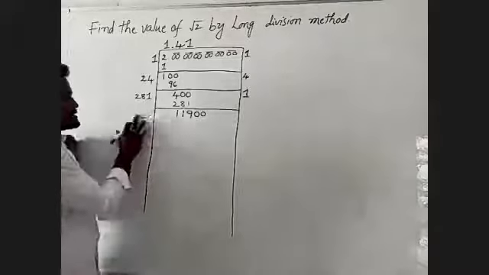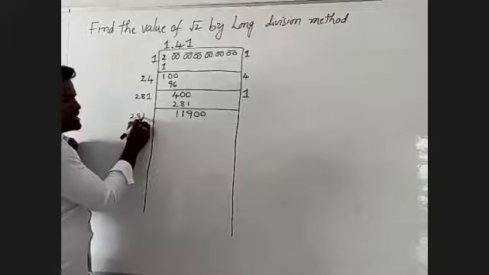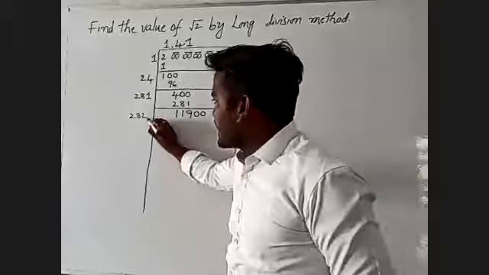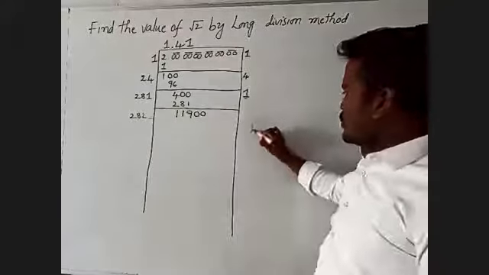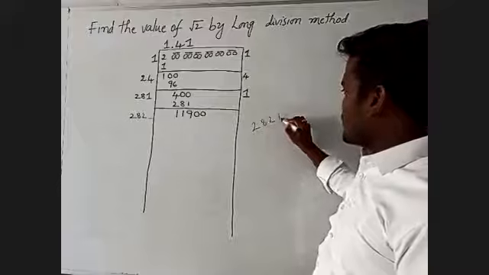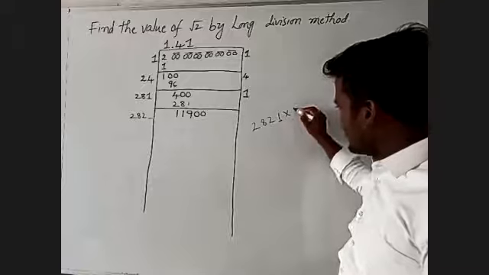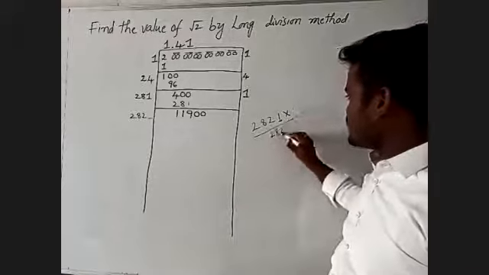Here, in the units place, we have to take 1 or 2 or 3 or 4, or once again we have to check it. Here we have to take some value in this units place. Here we will observe 2821. Here the units place will take 1. It can be multiplied by only 1. That means 2821 into 1 is equal to 2821.